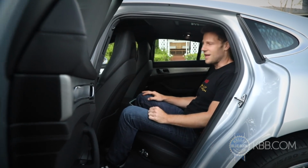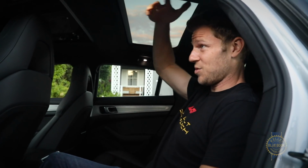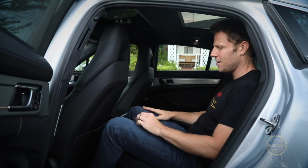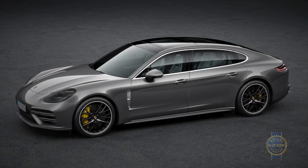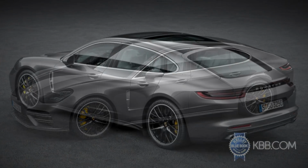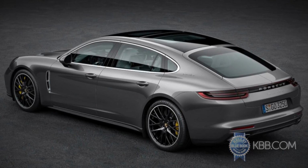Even with its sexy roofline, headroom is plentiful. I'm 5'10" with a long torso, and there is space between my hair and the headliner. And with the front seat set for my frame, legroom is decent. If you want more than decent legroom, for roughly $10,000 extra, you can choose the 5.9-inch longer Panamera Executive that indulges with more rear seat legroom, along with a standard panoramic sunroof, rear sunshades, power-heated rear seats, and an adaptive